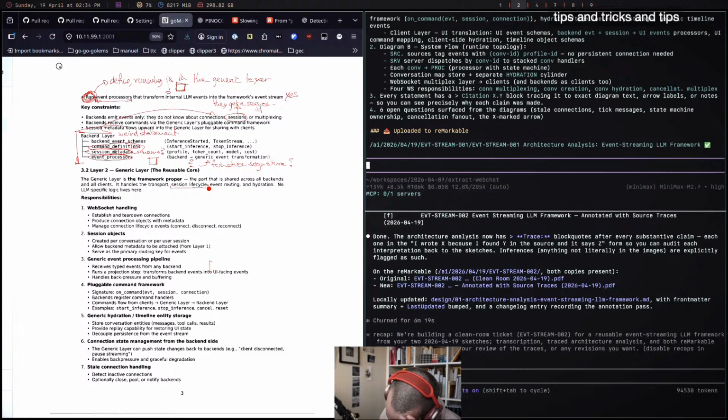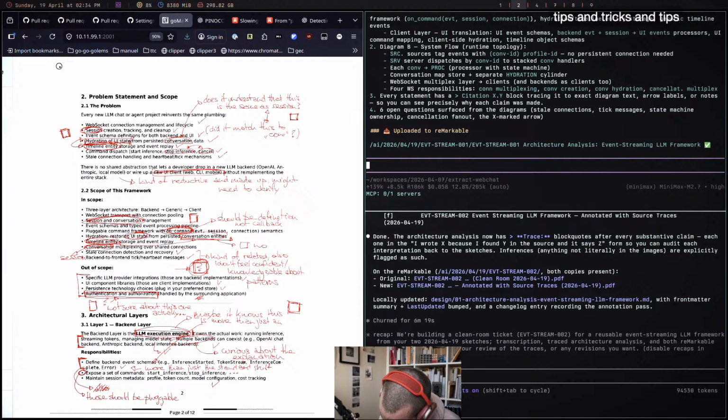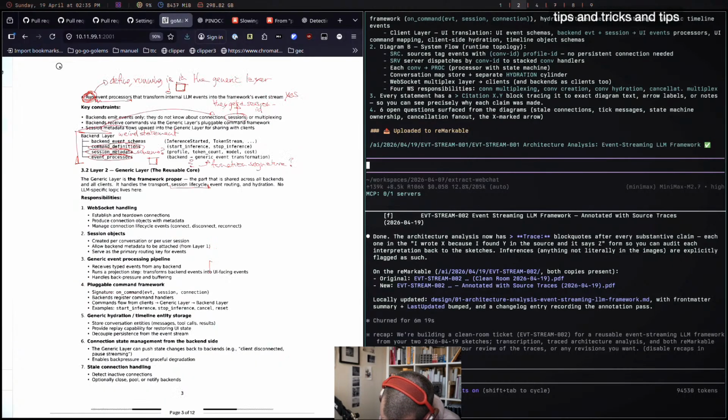So remember how I was very worried about the session/conversation issue? This one here. It looks like it doesn't mention conversation anymore on this part. Right? It only says session created per conversation or per user session. And this is an old session, so I'm not sure if I can go back and ask a little bit more what it thinks the difference is. Think in quotes, right?